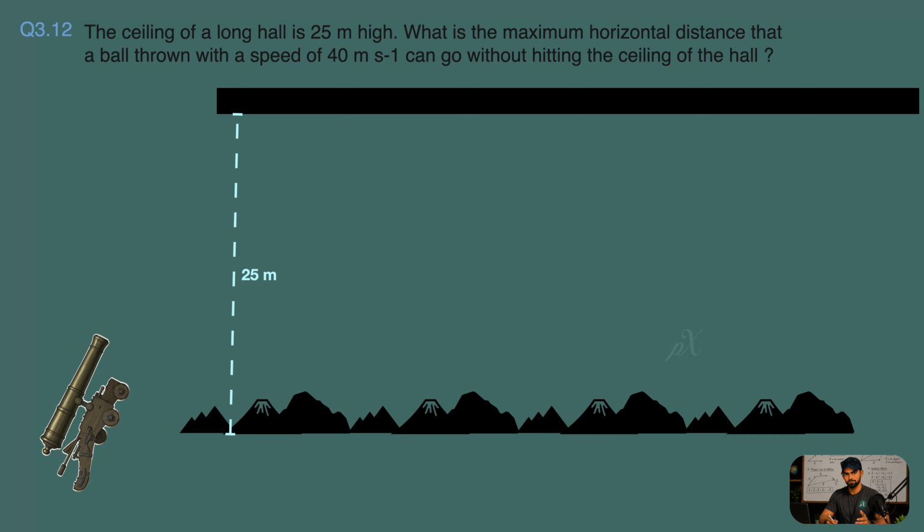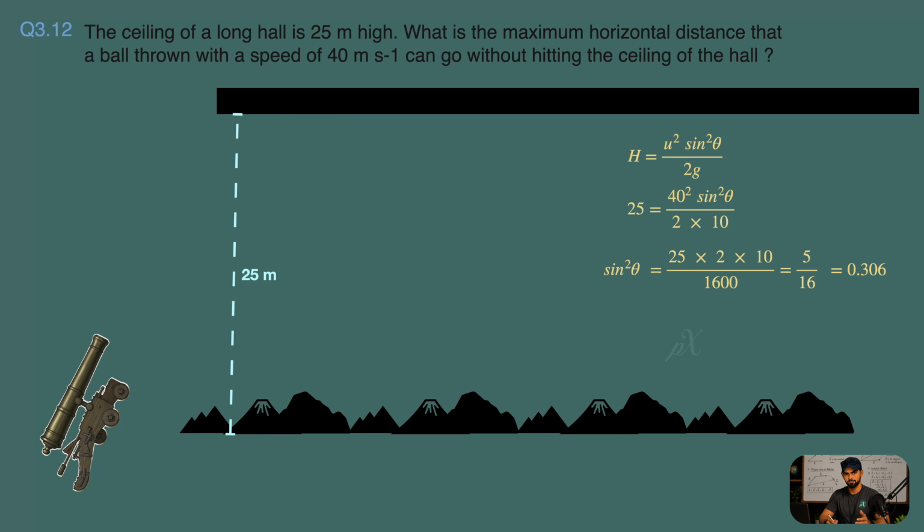Now our goal becomes very clear. We need to find the angle of projection at which the ball reaches a maximum height of 25 meters. So, let's bring back the maximum height formula. Now the equation becomes 25 equals 40 squared multiplied by sine square theta divided by 2 into 10. After rearranging the equation, we get sine square theta equals 25 multiplied by 2 multiplied by 10 divided by 1600. Now let's simplify it. This becomes 5 divided by 16, which is